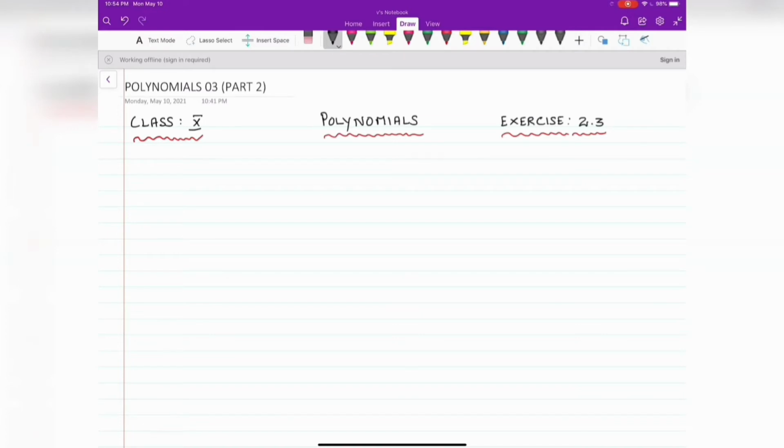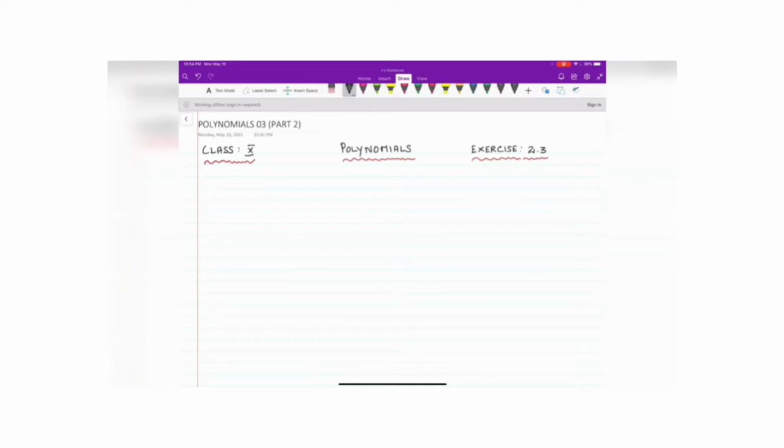In today's session, we are going to work out questions based on how to verify the division algorithm for polynomials, and I will also be working out some questions from exercise 2.3 wherein you have to check whether the first polynomial is a factor of the second polynomial by dividing the second polynomial by the first. If you see your NCERT book, Polynomial chapter exercise 2.3, second subdivision, you will come across 3 questions based on this particular type. We are going to work out all the 3 questions one by one.